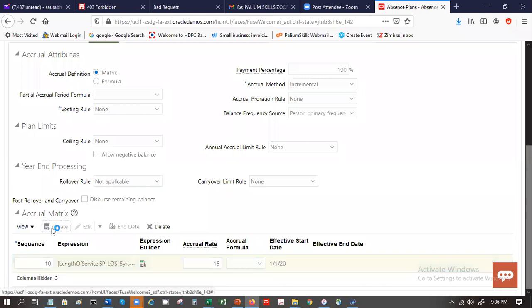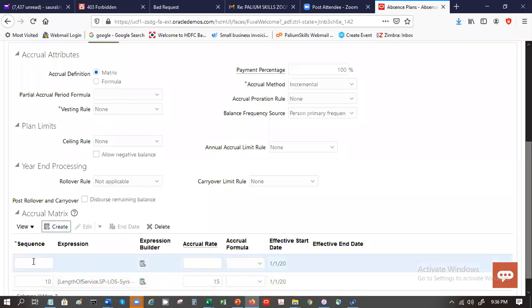Next, you can create another one here where you will say 20 days, sequence number 20.